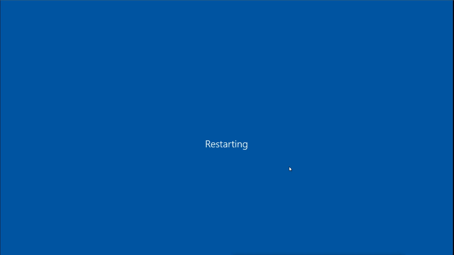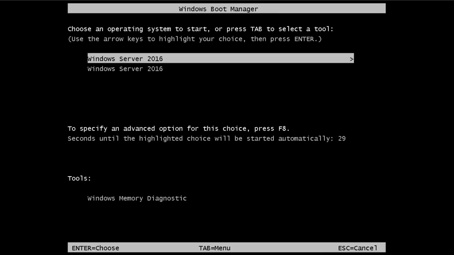Okay, now it is restarting. And now we can see these two options available.